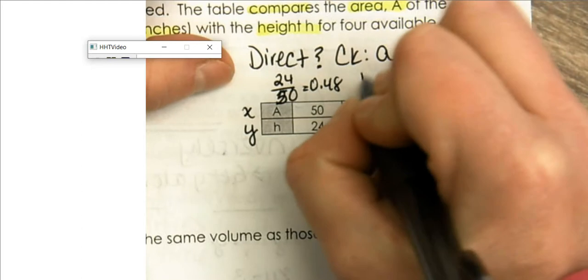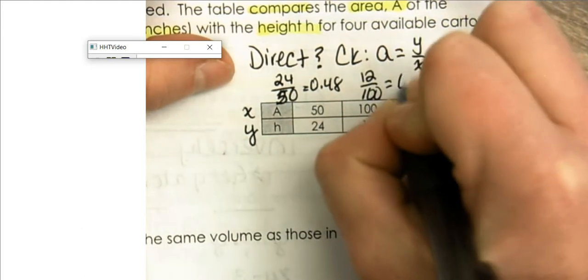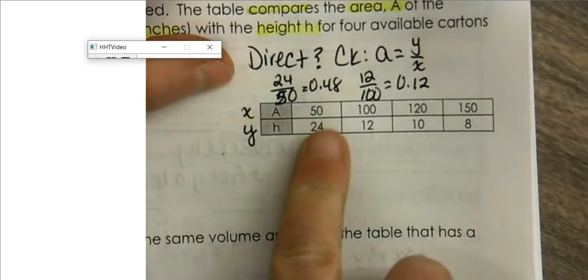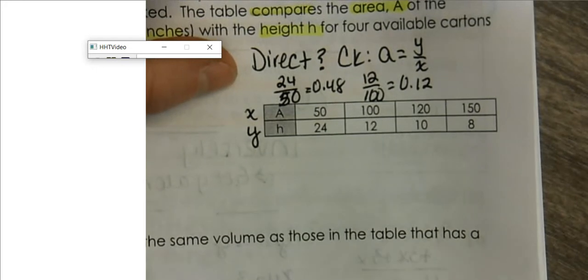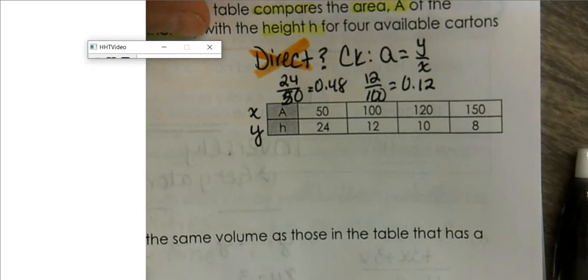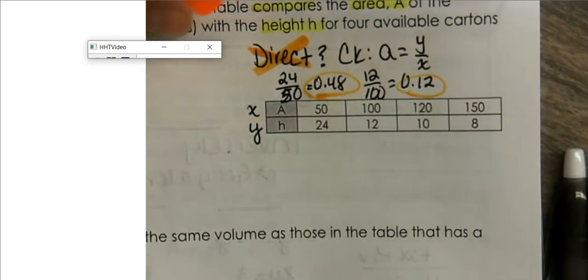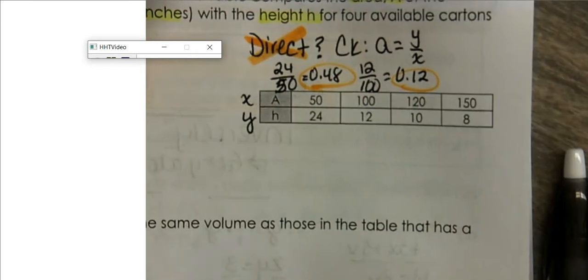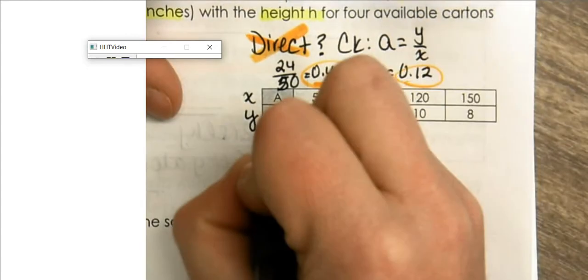And 12 divided by 100, I know is 0.12, and those two values are not equivalent to each other. So this tells me that I do not have a direct variation since these two numbers are not equivalent to each other. So now I'm going to check to see if this is an inverse variation,